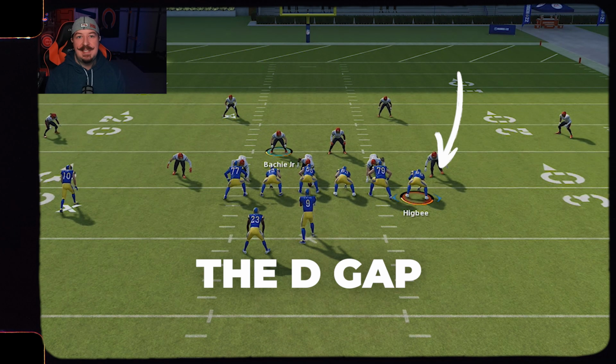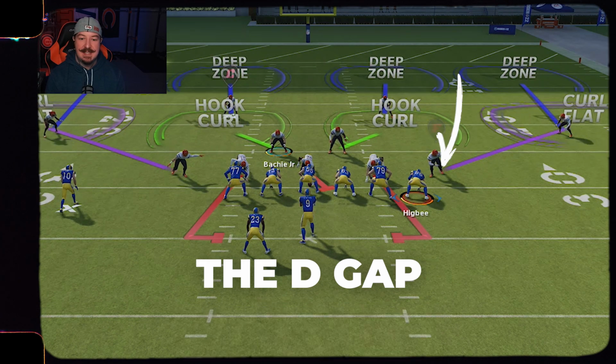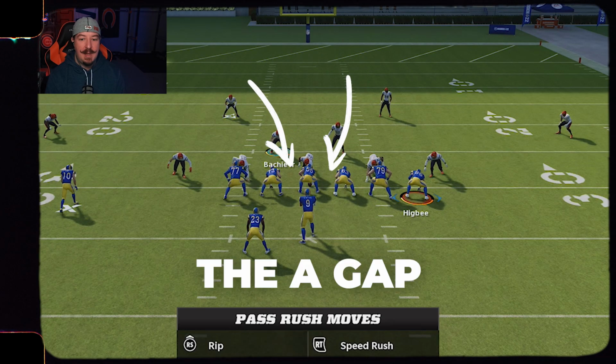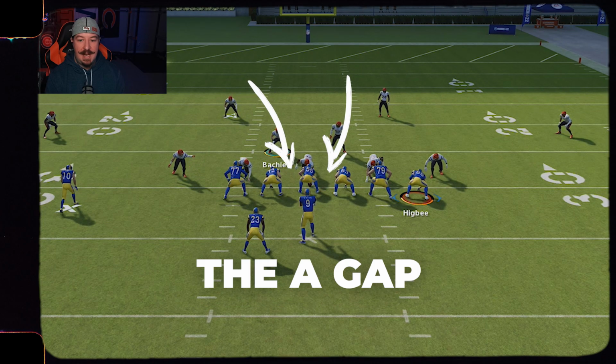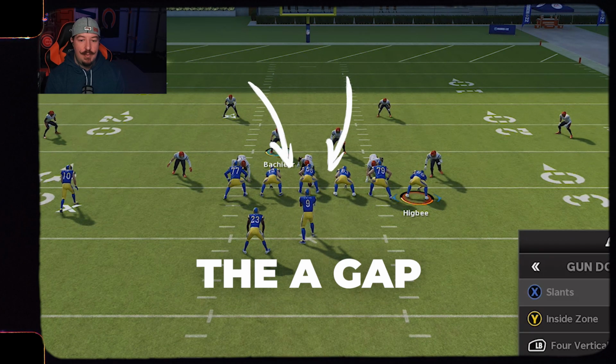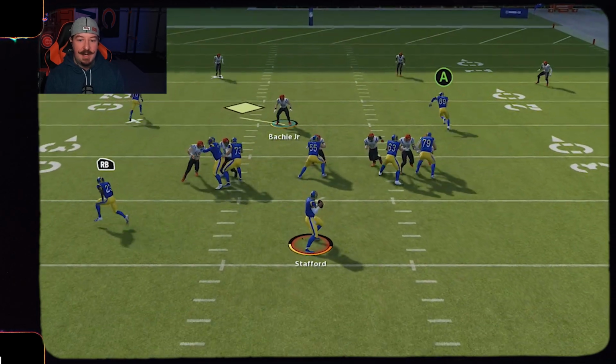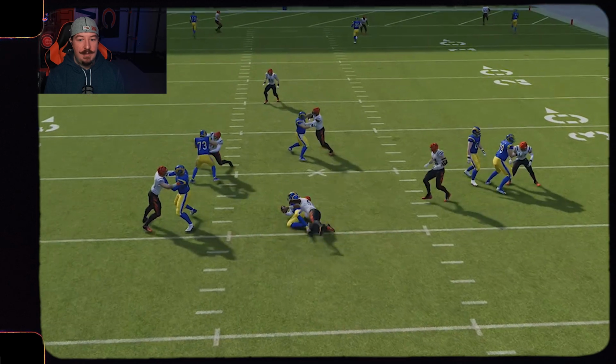So when you guys hear the phrase, oh, that's an A gap blitz, what they're basically saying is that you're setting up a pressure in which the free runner is designed to come in through the A gap. So that might look something like this when it comes to a blitz against maybe a 5-out approach. So if I send everybody out, you're going to see here that the runner is going to come in through